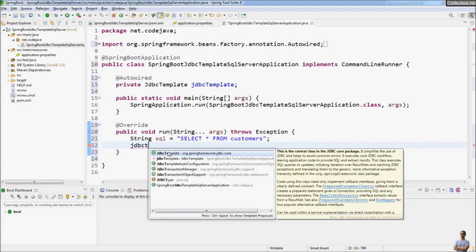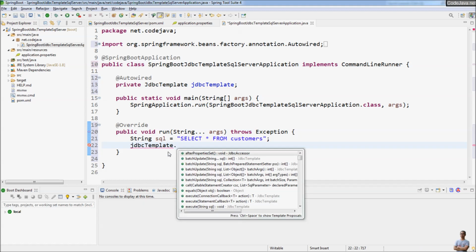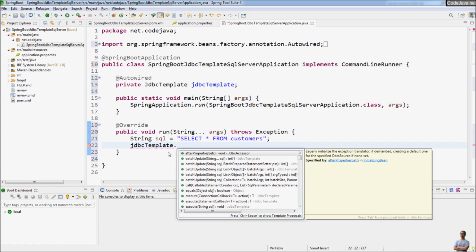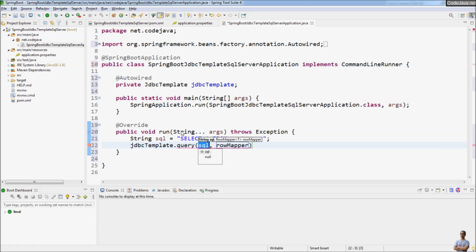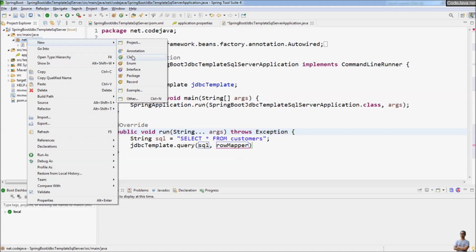With JdbcTemplate, we can use the method query with two parameters, the SQL statement and a row mapper here, and I need to create a new entity class